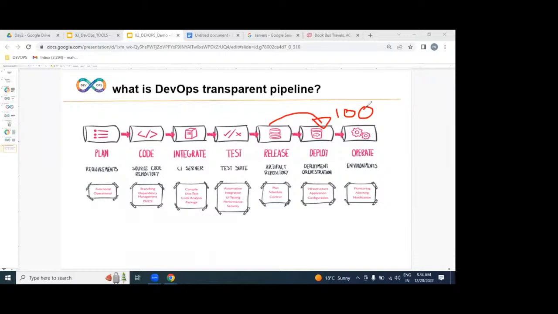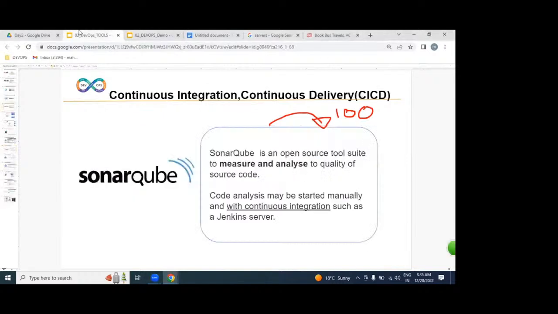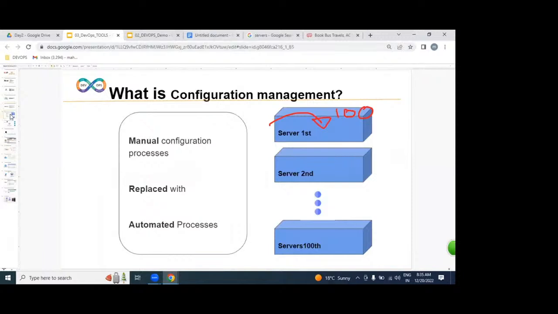On hundreds of servers, if you want to create a file, install software, or change a file, which process are we going to be using, guys, please? An automated process. At a time, I want to install software and create a file on hundreds of servers. For that, we are going to be using configuration management. By using configuration management, we can replace a manual process with an automated process. Instead of manually installing software server by server, we can install our software on hundreds of servers at a time.